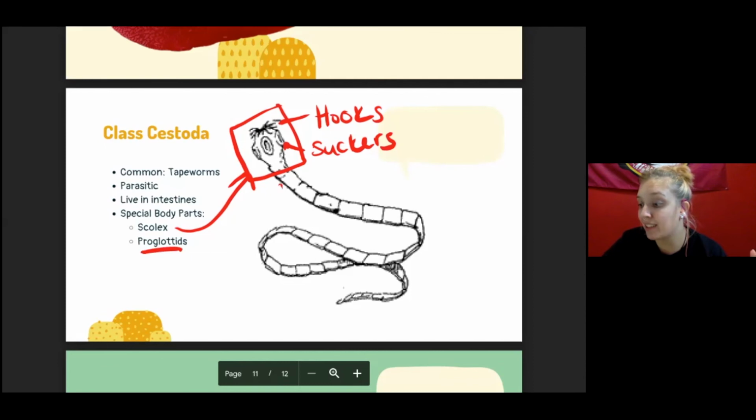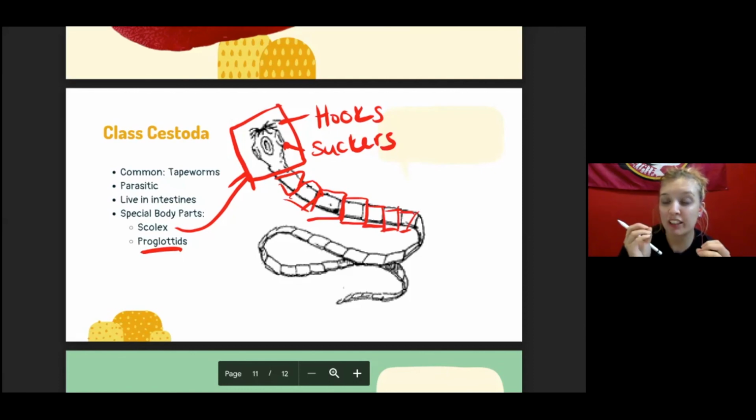So every single section, I hope you can tell, each of these are sectioned off, all down its body. And remember, tapeworms can be 6 feet long. They can be huge. Each of these proglottid sections are actually reproductive organs and are the egg sacs to grow a new tapeworm. So think about a 6 foot long tapeworm. 3 inches of that is the head. The rest of it